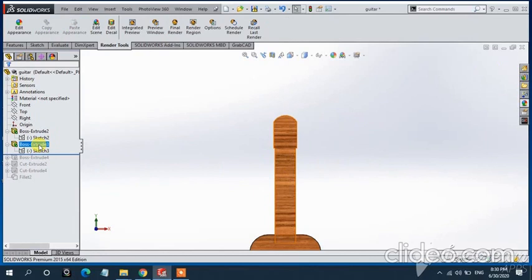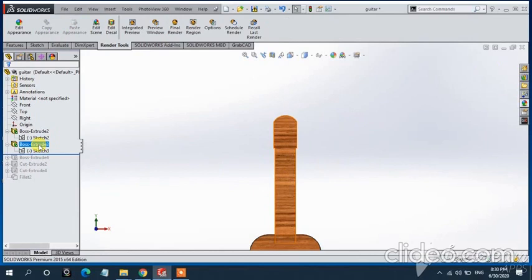Go to the sketch command, mirror entities, and select these entities. Let me show you how to mirror. Then mirror about the center line, and create the same from this side also.